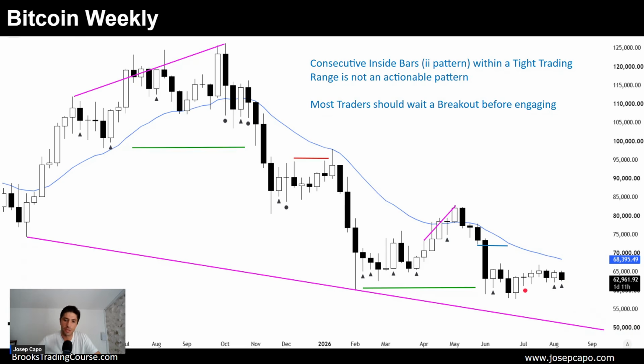Bulls tried here to close this gap. They tried to test the low one top. They failed. Now they tried to do a high two, so a kind of higher low double bottom here, a major higher low, looking for a reversal there, but they are still failing. So they need